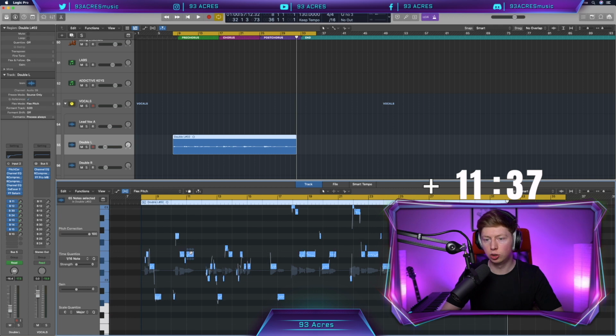So double click to full pitch correction, quantize to C, bring down the vibrato so it sounds a bit more robotic. You've got to be careful though because it can sound...